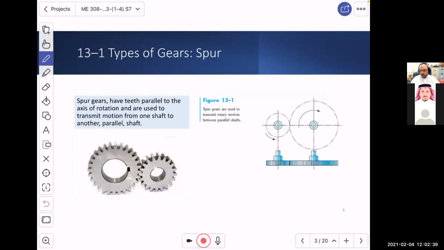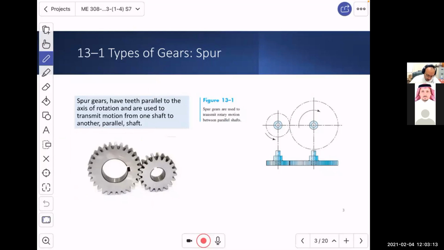So starting with the types of gears, the first one is the spur gear. This is the most well-known gear type ever, because I am pretty sure you have seen this a lot. If you have a toy with some wheels or some moving parts, you will probably see a spur gear. So spur gears, what are their characteristics? Well, the first characteristic